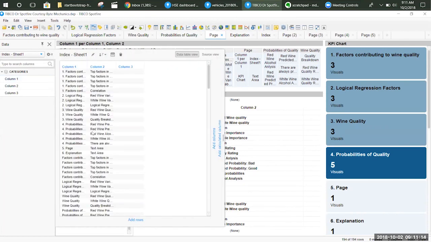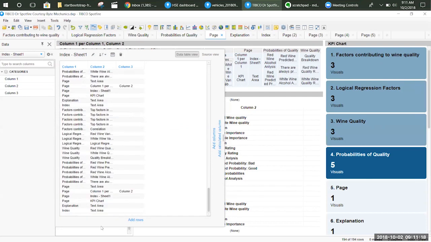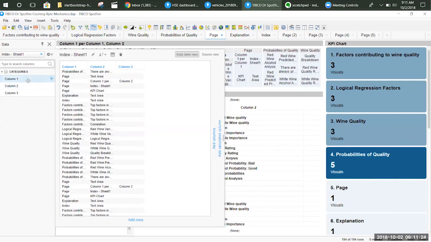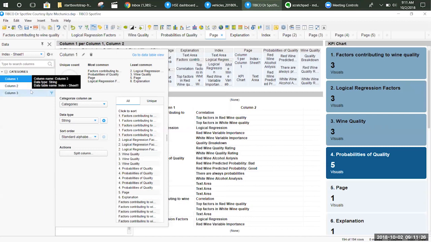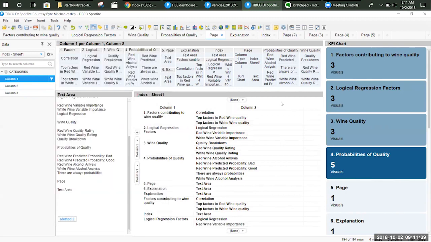Okay, and index sheet 1 actually wrote down everything in columns inside of this data table. All right, so I actually went ahead and appended the numbers just to see how it shows up. But these are the things that show up when you are writing back to a Spotfire data table out of the box, right? And I tried to visualize this beautifully, saying, okay, if you do have a table of contents,